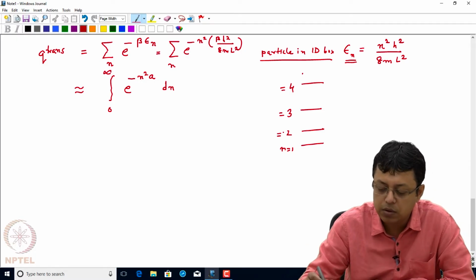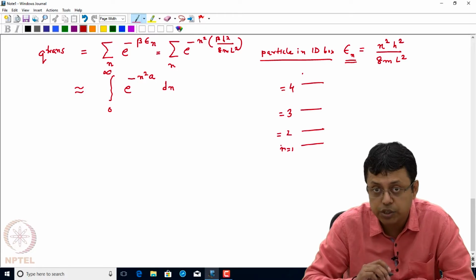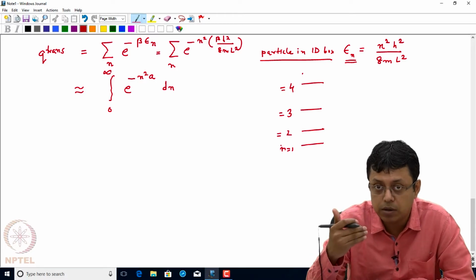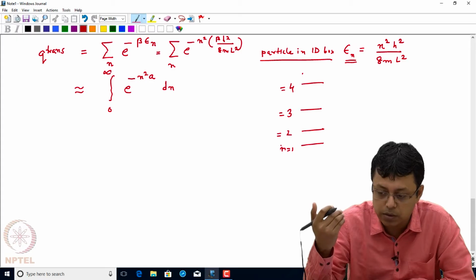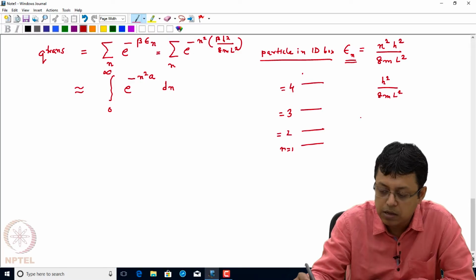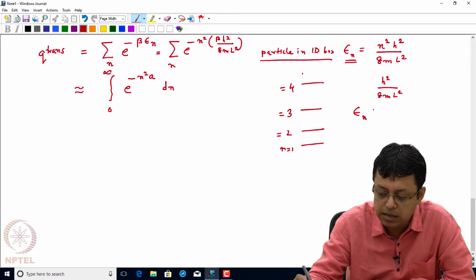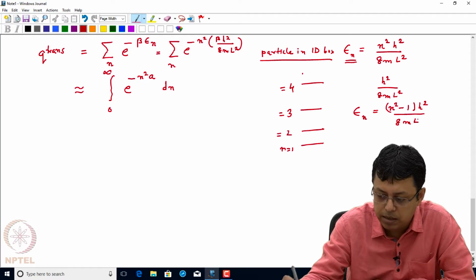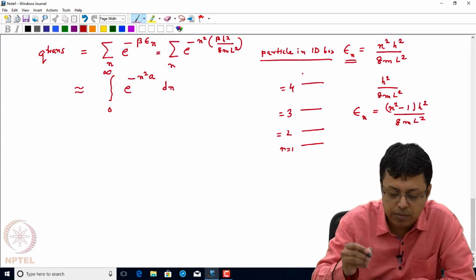which is ever increasing, n equal to 1, 2, 3, 4, something like that. Now the question is whether this partition function we are measuring is with respect to the ground state or not. If we do it with respect to the ground state, for the ground state the energy level is n equal to 1, so the energy will be h squared by 8 m l squared. So all the energies with respect to the ground state, if I had written it, I should write it as n squared minus 1 into h squared by 8 m l squared,